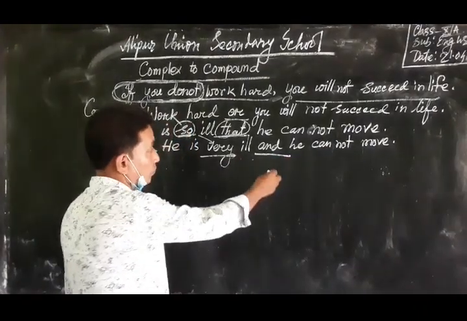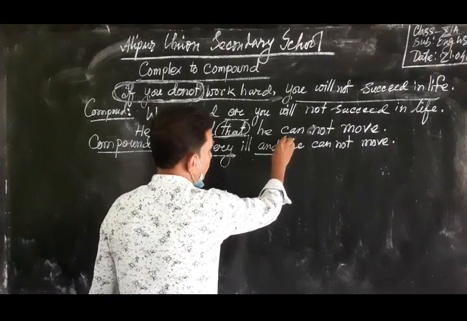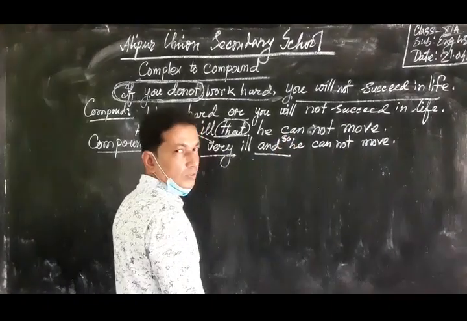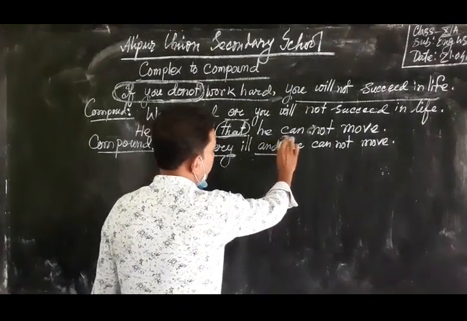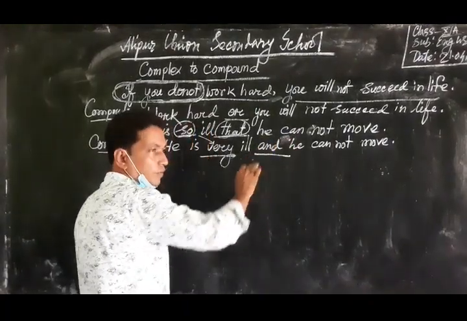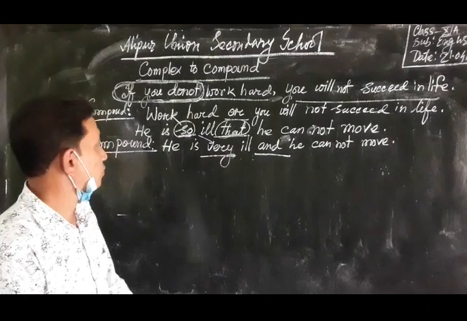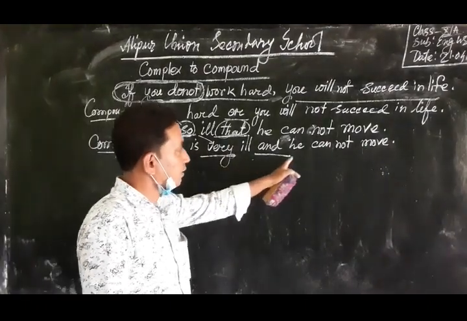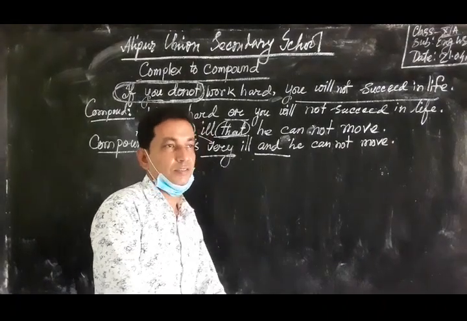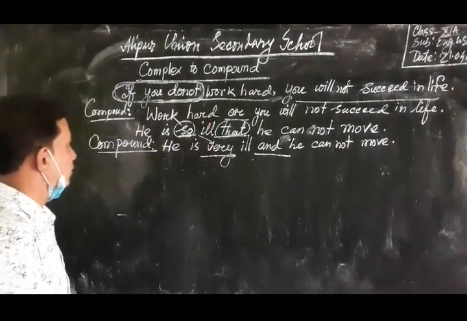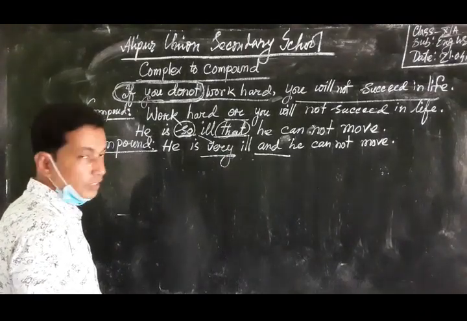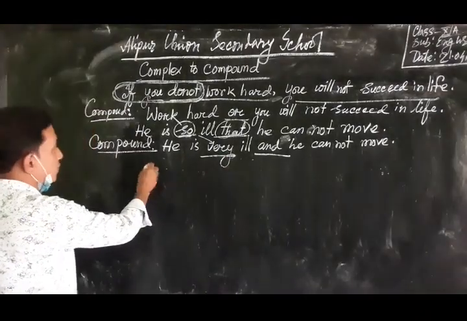And in this case, we can also use so and so. But it's not very necessary. If we write here, it's okay. So the sentence will be, he is very ill and he cannot move. This is right. So I am going to give another example of complex sentence, such as